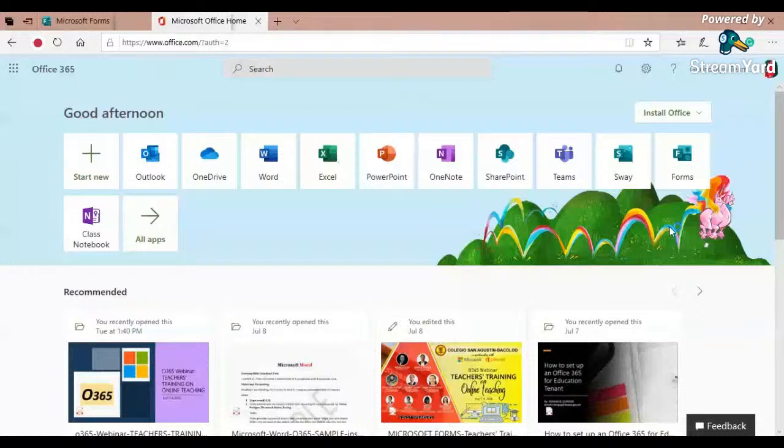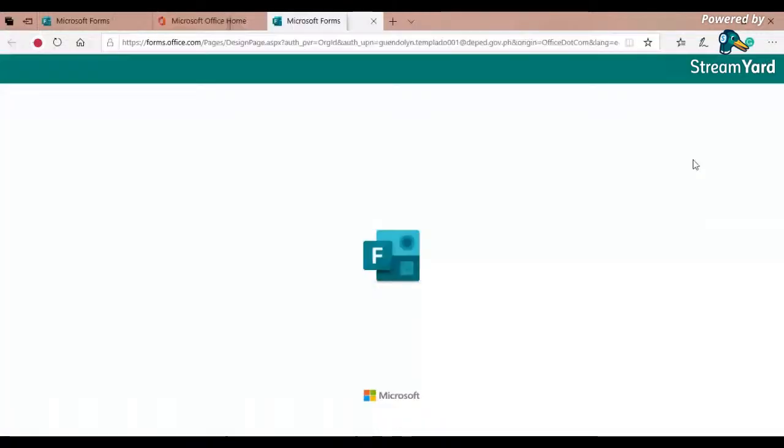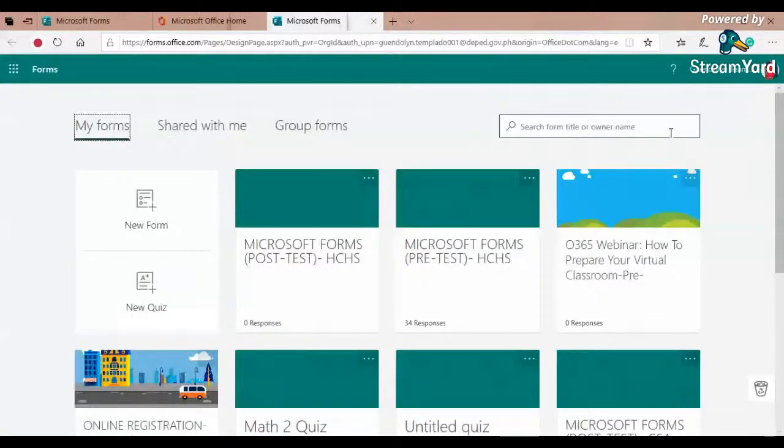Now since I'm working on Microsoft Forms, I will click Forms. There you go. Now my question is, since we're going to make a quiz, which one should I choose, new form or new quiz? New quiz.